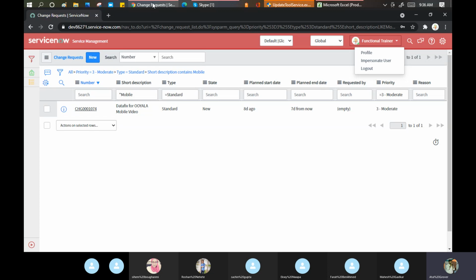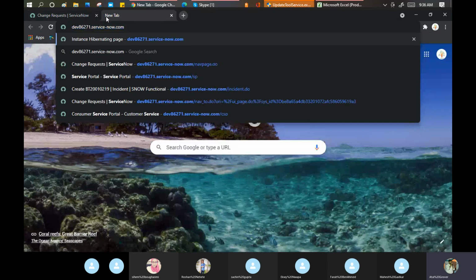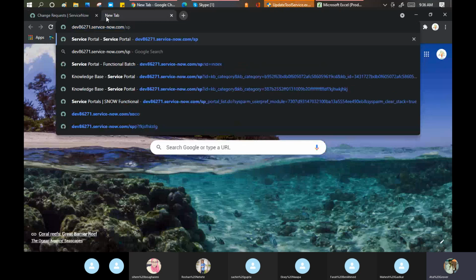When I say the primary URL, it means something similar we have in ServiceNow as well. We call that particular URL or particular instance the service portal. How will it look, how can you use that? Open a new window, type this thing and put /sp. SP stands for the service portal.